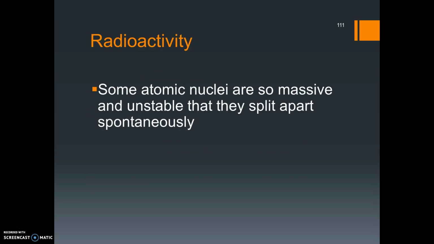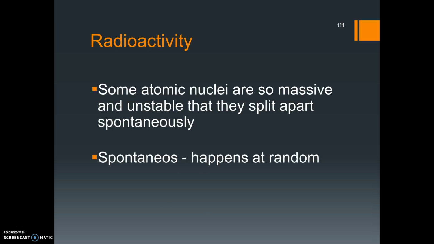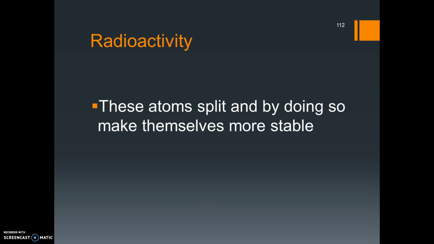So we'll start off by talking about why some things are radioactive. Some substances are radioactive and some aren't, because by no means all substances are radioactive. The substances that are radioactive tend to be from the heavy end of the periodic table, above lead particularly, where the atomic nucleus is so massive that it becomes very unstable and can split apart completely spontaneously, which means completely at random. What it's trying to do is to become more stable, turn itself basically into another element which is a lot more stable from further down the periodic table,